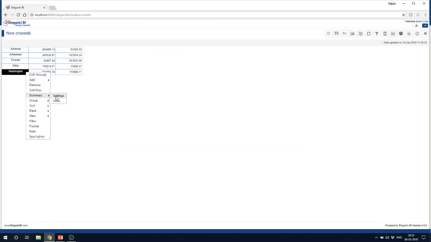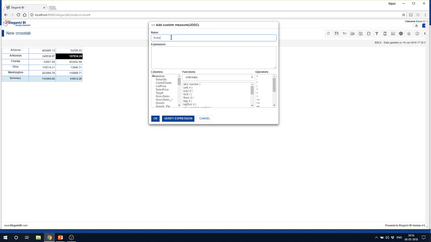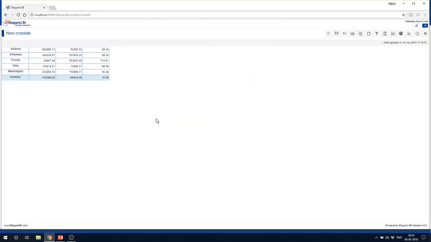Say I'm just applying summary here on both columns, and I want to see what is the growth compared to this previous period to current period. So I'd like to add a column here, and I take this column gross sales minus gross sales underscore 1 into 100, and we are comparing with the previous period. So here you can see